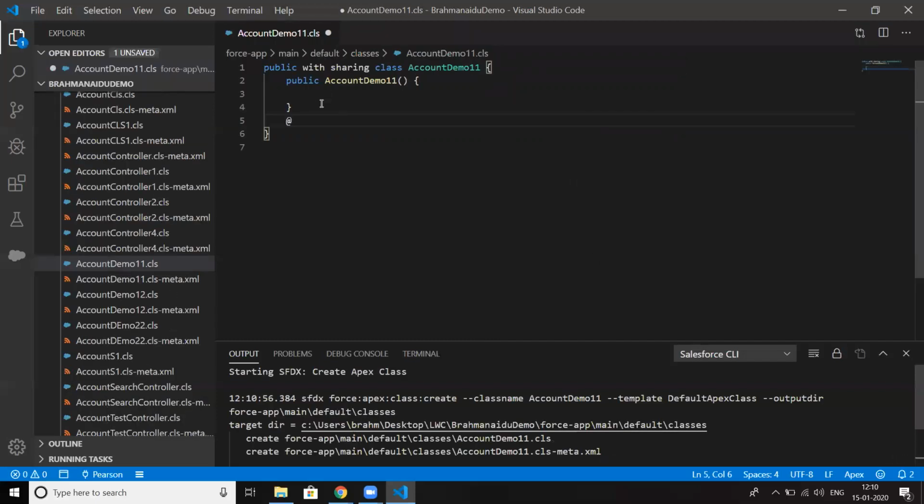Okay, so @AuraEnabled(cacheable=true). If you don't write this annotation, we will not be able to access the data in the Lightning application. So public static List<Account>